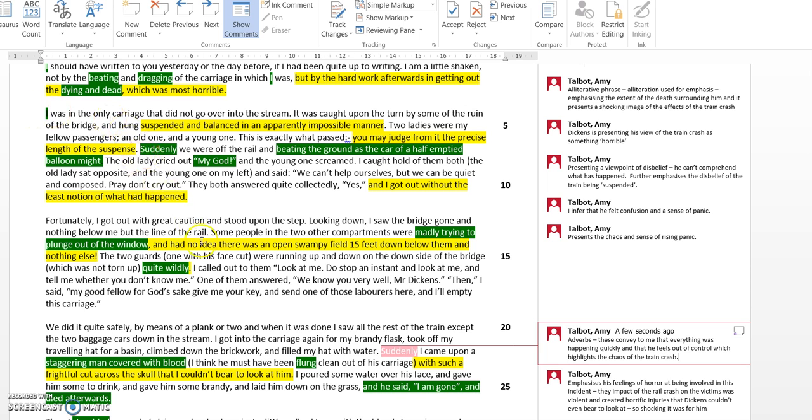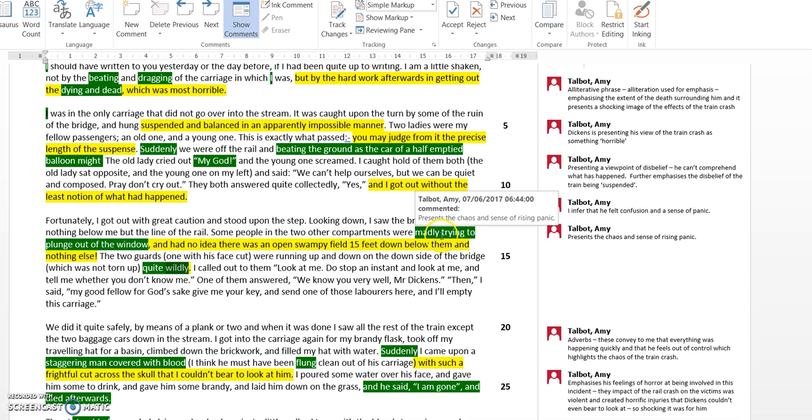But more than that, there's other adverbs that he uses as well. So we get this collection of adverbs that are being used. So madly as well there, wildly, to talk about the reactions of the other people in the compartments. So madly and wildly, and they too convey a similar kind of feeling, the sense of people being almost crazed,